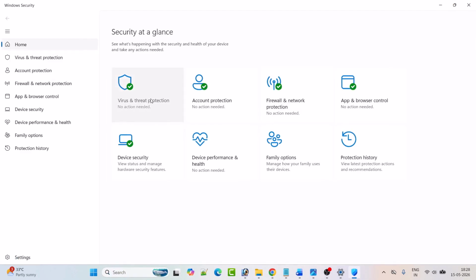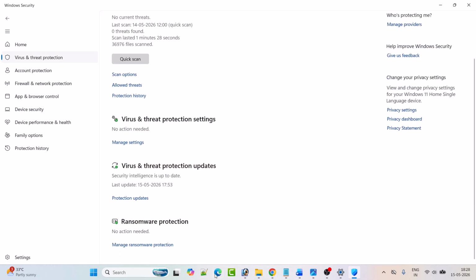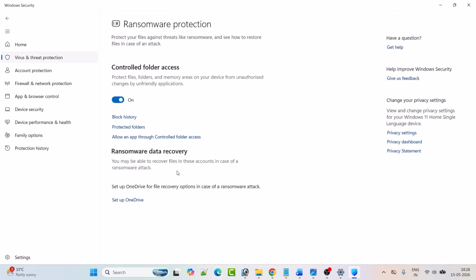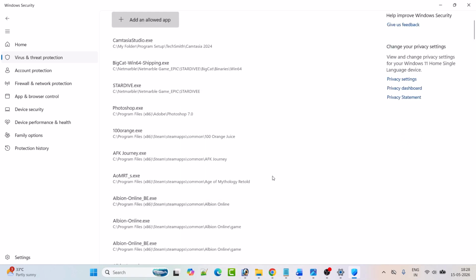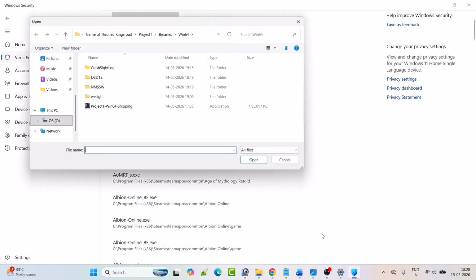Then click on virus and threat protection. Scroll down, click on manage ransomware protection. Click on allow an app through controlled folder access. Click yes to allow. Then click on add an allowed app, then click on browse all apps, and then browse to the game installation